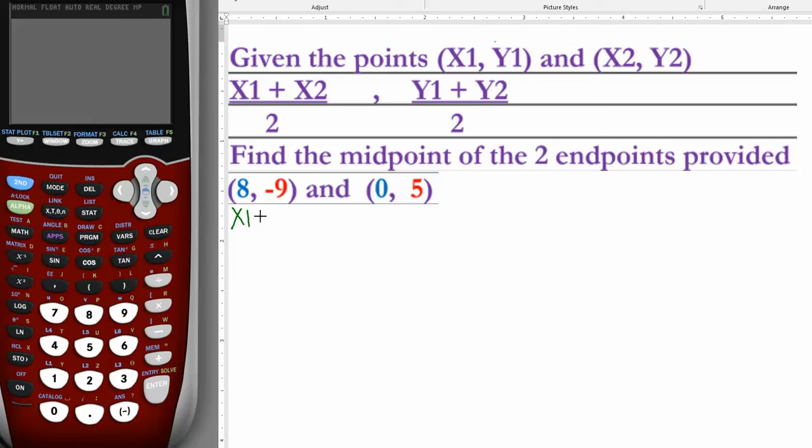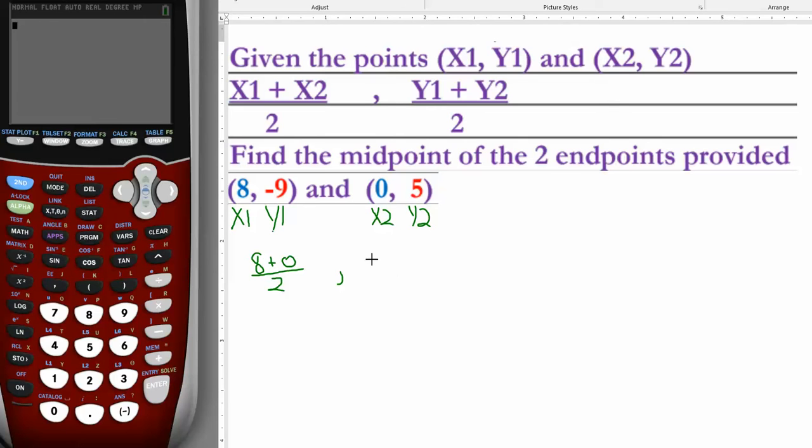So 8 is x1, negative 9 is y1, 0 is x2, because it's the second x value given, just like 5 is going to be y2 because it's the second y value given. And then from here we just plug the numbers into our formula, substitute those in. So our formula is going to be x1, which is 8, plus x2, which is 0, all divided by 2 because we're just taking the average of the x's,